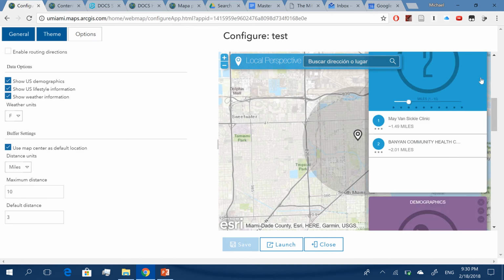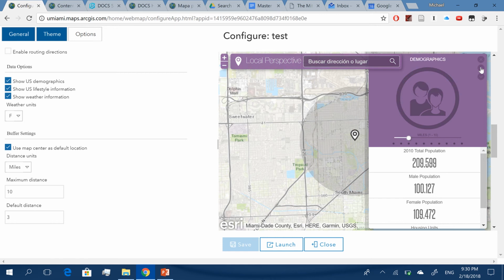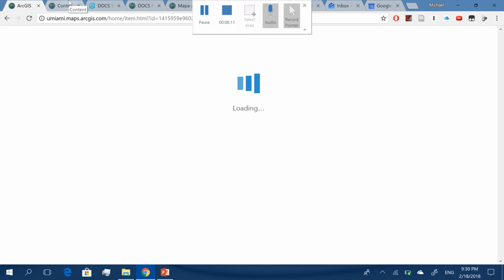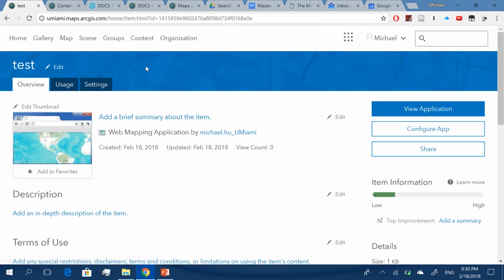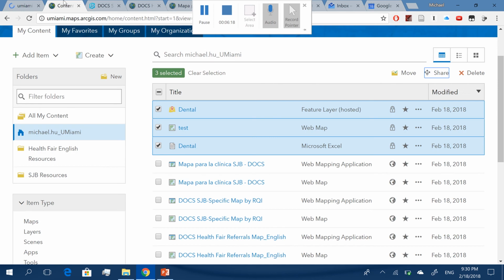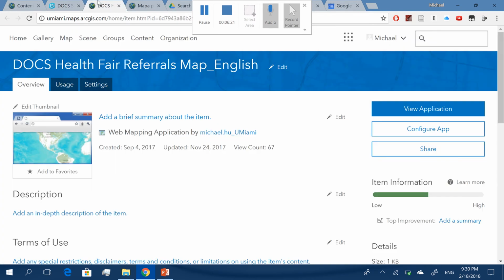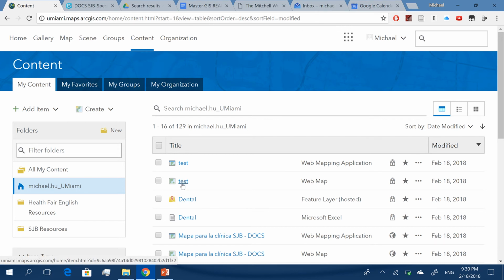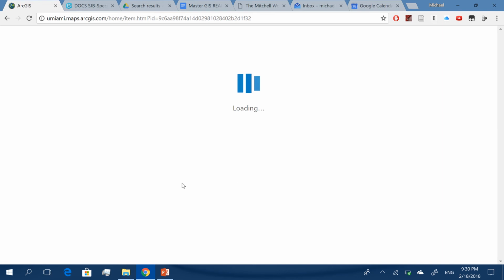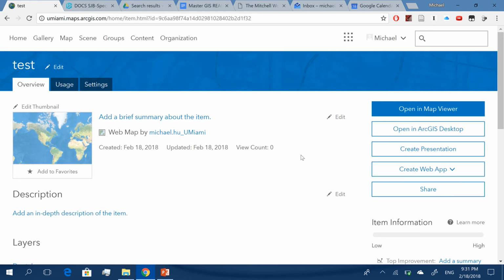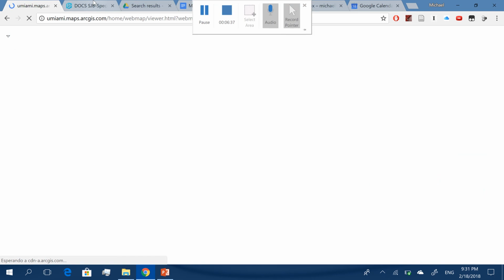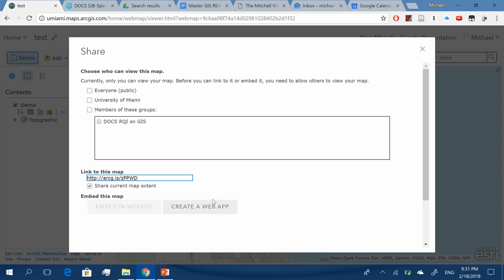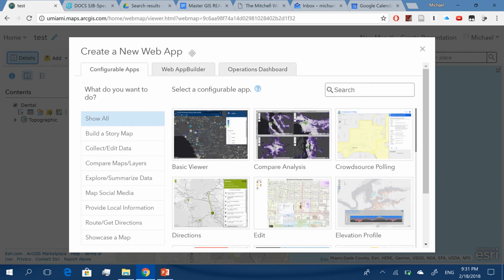And that's your template, it's a very easily configured template. So there's that option. I'm going to close this, but there is that option. And then the second option would be, let's go back. Sorry, there's a lot of things happening right now. So let's open up our web map again that we just created, and I titled Test. Open Map Viewer. Okay, so we go back to this dialog, and instead of creating a configurable app, you can click